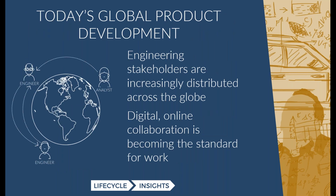And finally, another trend that is driving a lot of collaboration around simulation, or the need to make it more efficient and better, is the fact that lots of people are in different regions around the world. So, kind of follow-the-sun strategies for design and development. And what this means is that if you have an engineer in Asia and you have an analyst in the US, and you can't communicate efficiently, you lose days because they're working at different times of the day, right? So if they don't catch each other, if they don't communicate efficiently, you can lose a significant amount of time in the development process. So these are all the trends that are driving the need for greater collaboration